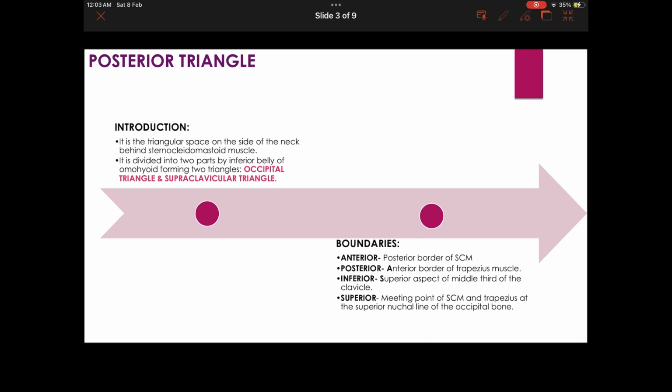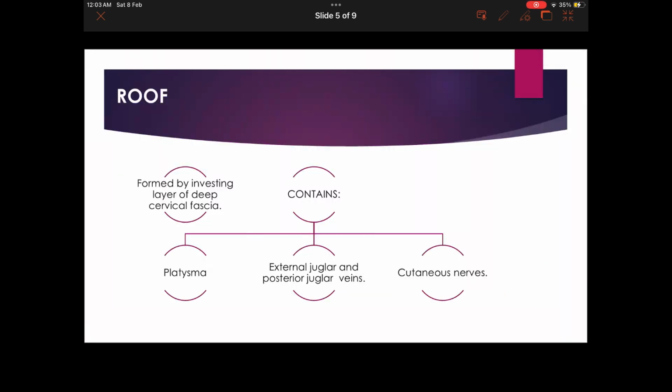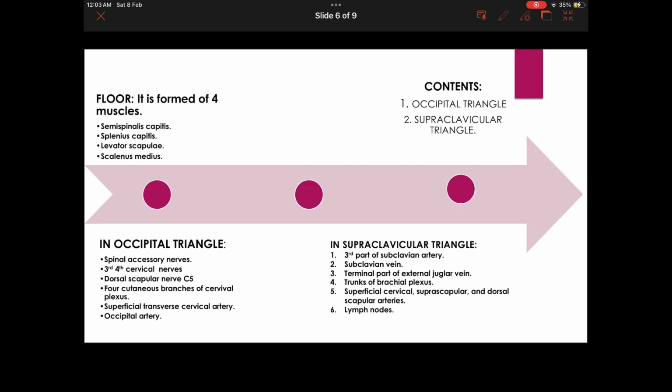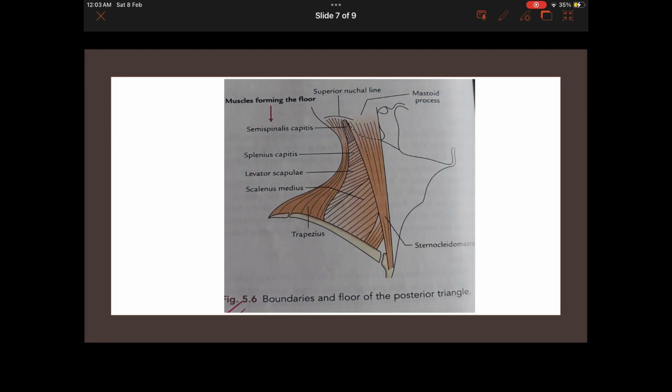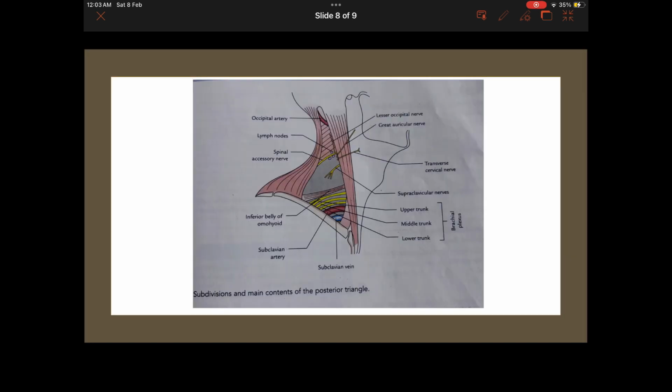If the question comes on posterior triangle, be it a long note or a short note, you are supposed to write in the same form, means under the same headings. The content should be introduction, boundaries, along with the diagrams, then roof, how the roof is formed, what it contains, then floor, how the floor is formed and what are the contents, contents of both the triangles, that is occipital triangle and supraclavicular triangle, and how the posterior triangle is divided into the two. You're supposed to write everything in the exam along with the diagrams, and all these 3 diagrams that I have shown you in the picture are very important. Okay,